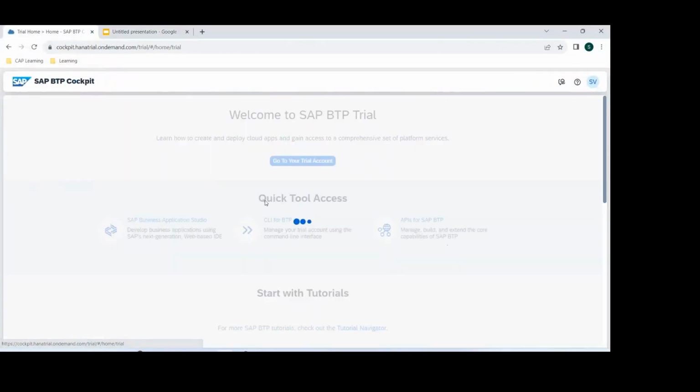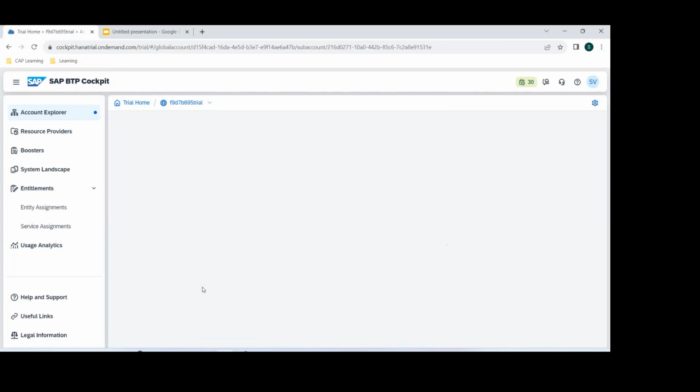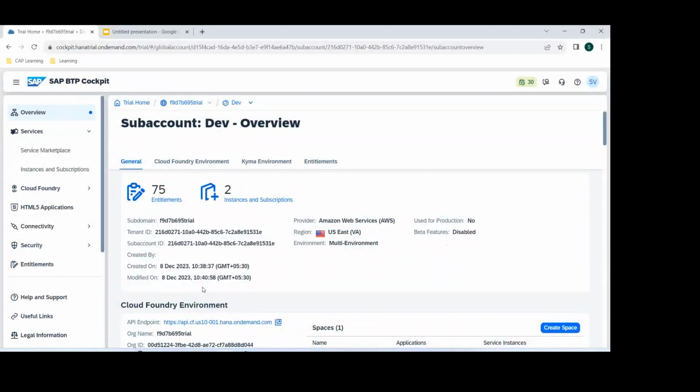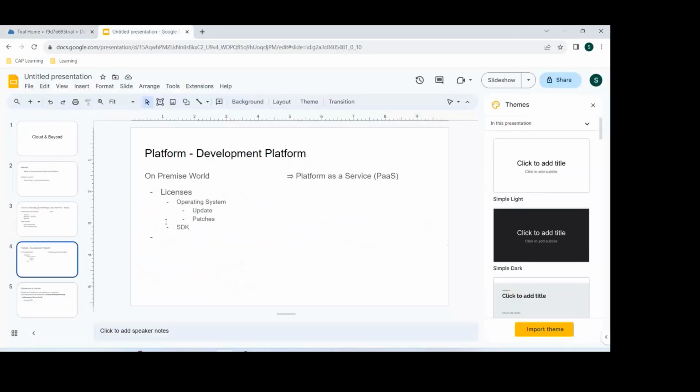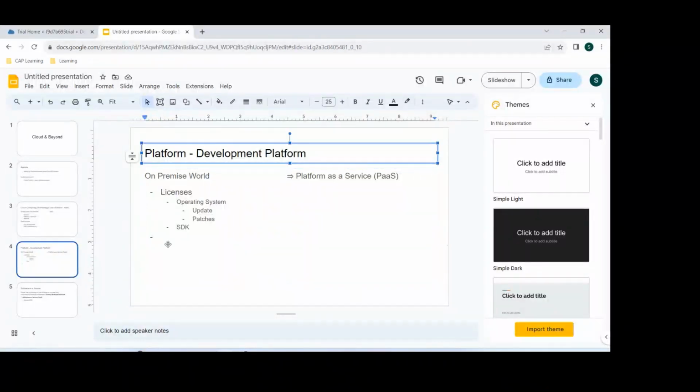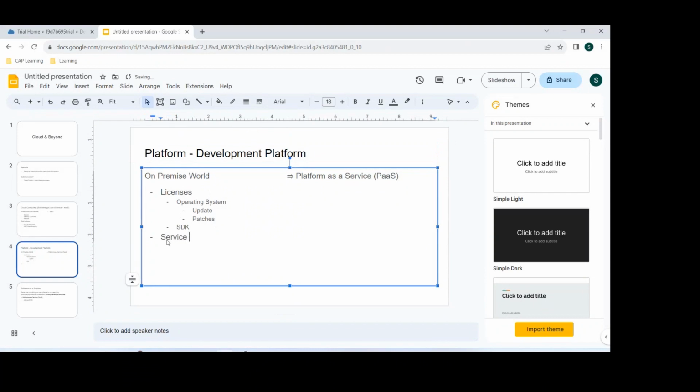In a BTP environment sub account, you are ideally getting a platform that is ready to use, which you can directly start using in order to develop your services and applications. It means it's nothing but a platform, correct? Now when we say it's a platform, definitely it needs some sort of a runtime environment, right? Because it's a platform, you are going to develop something. For example, a service, an application, any other utility or some sort of API, anything that needs a runtime environment